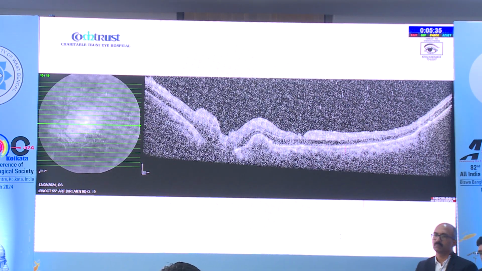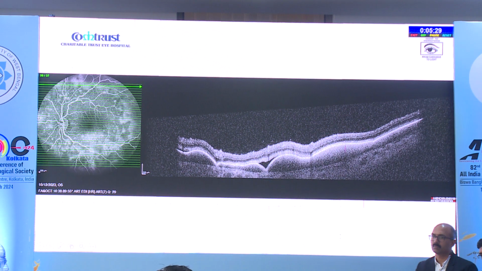and OCT clearly tells us where exactly the lesion is located. It's under the RPE close to the disc at the posterior pole, and if you take scans along the equatorial area, you can see the bumpy RPE. The RPE is bumpy and there is some material underneath the RPE, and between the RPE and sensory retina you can also see some exudative material. So these findings, especially this OCT with this kind of picture, make it a very clear-cut case of